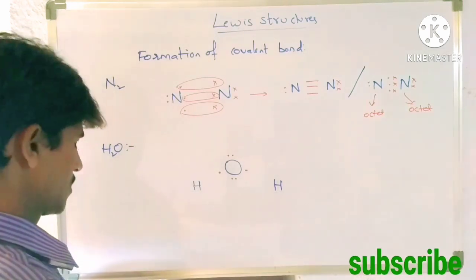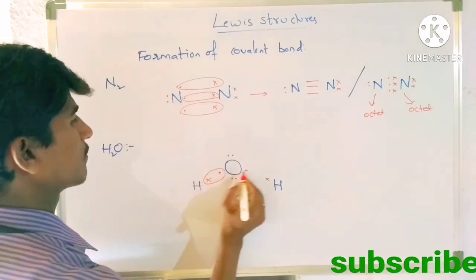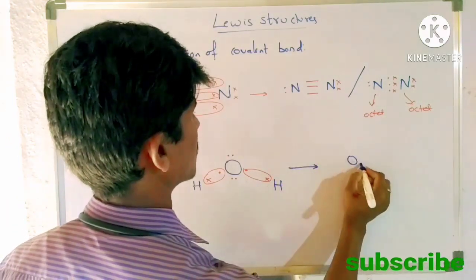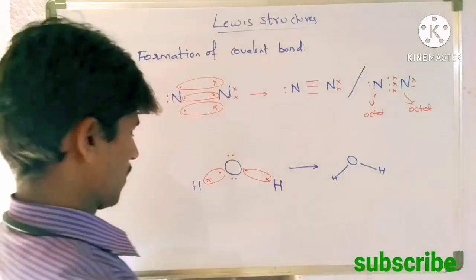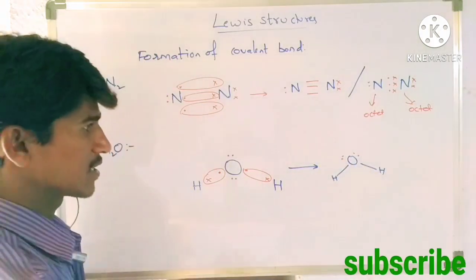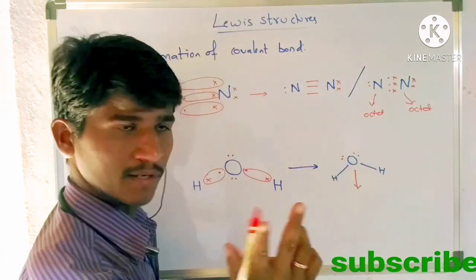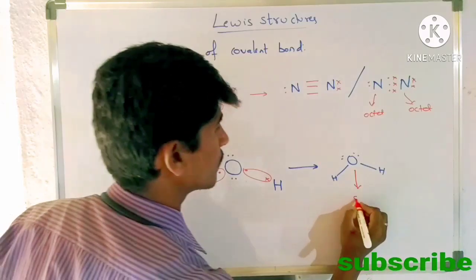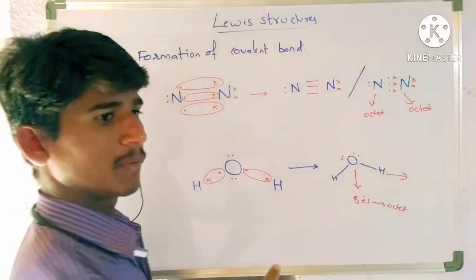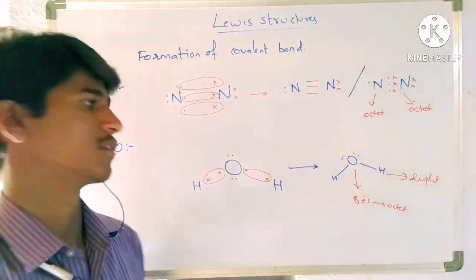Let us check it once. Hydrogen has only 1 valence electron. Now this gets paired, this also gets paired. So now you can write it like this also, H-O-H. How many electrons are there here? 1 pair, 2 pairs. Now this oxygen got octet configuration. It is stable. How? 1, 2, 3, 4: a bond means 2 electrons, and this bond is also 2 electrons. Total 8 electrons, so octet. This is duplet configuration, since one bond means 2 electrons. So this is the stability for this.